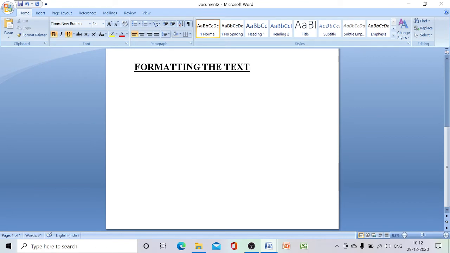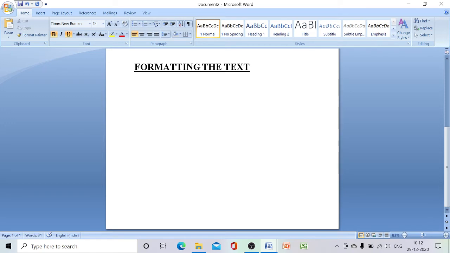Formatting is nothing but changing and arranging the text in a document to make it attractive. To give an attraction to the text, we can use this formatting option.